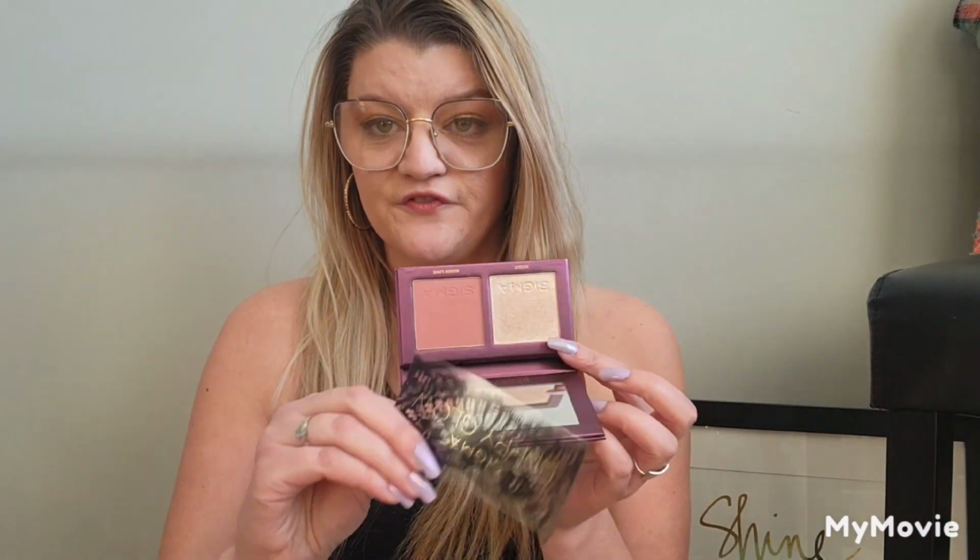It's not two separated pans like this duo from Sigma, where you have a completely separate pan for each product. So I'm doing this based off of the pans of product in my collection. I'm going to do the singles, and then with my face palettes, it's going to be everything that's a duo plus, whether it's a blush duo, a highlight trio, whatever it is. And then I'm going to also break it down in that video,